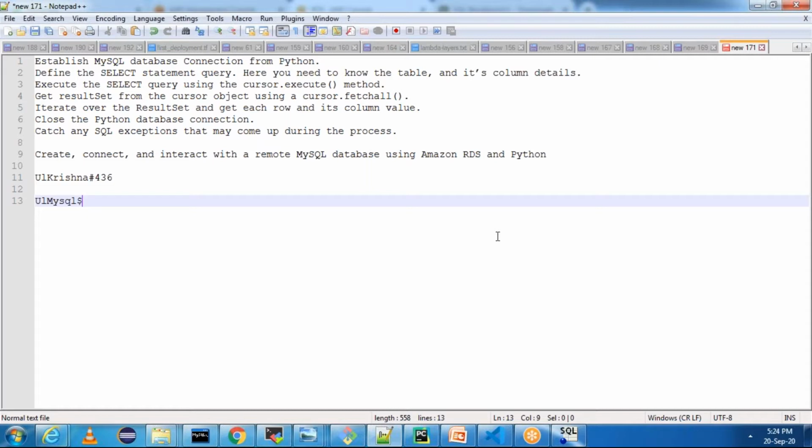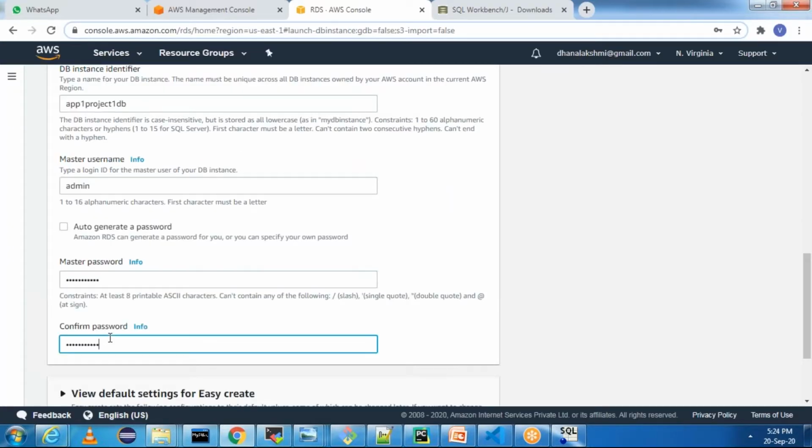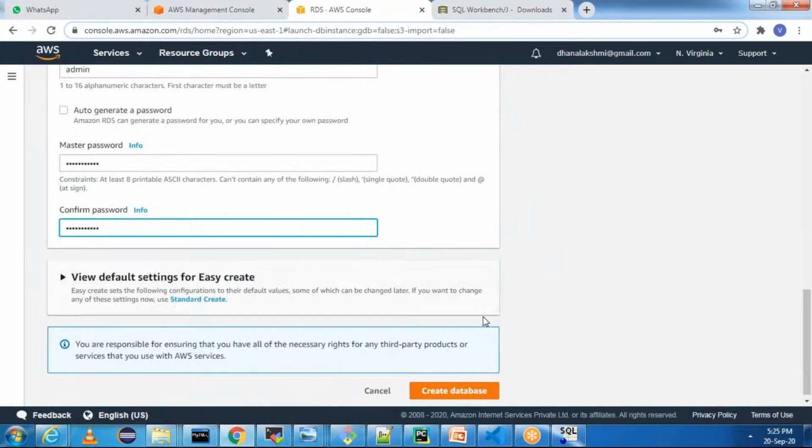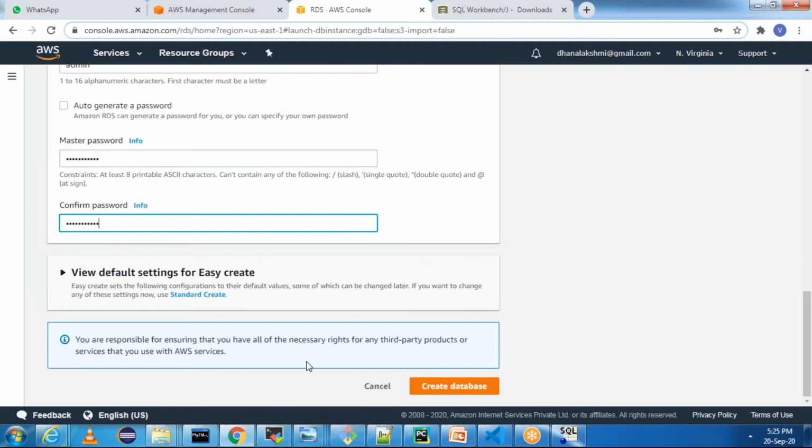I'm going to keep this as the password, upper lower MySQL hash 436. Let me keep this password. And next, as we selected easy create, we can just click on create database. And once the database is created, I am going to change it to publicly accessible as yes.